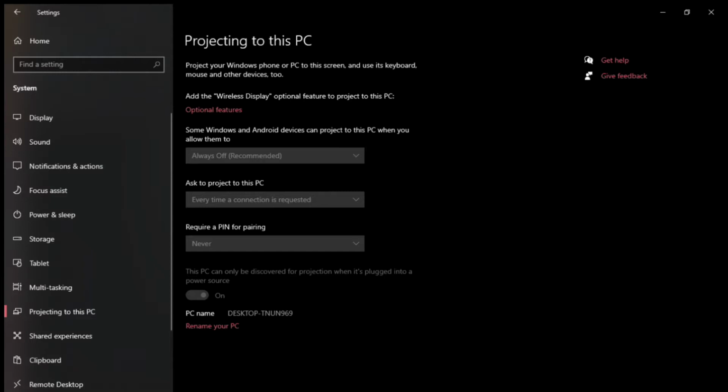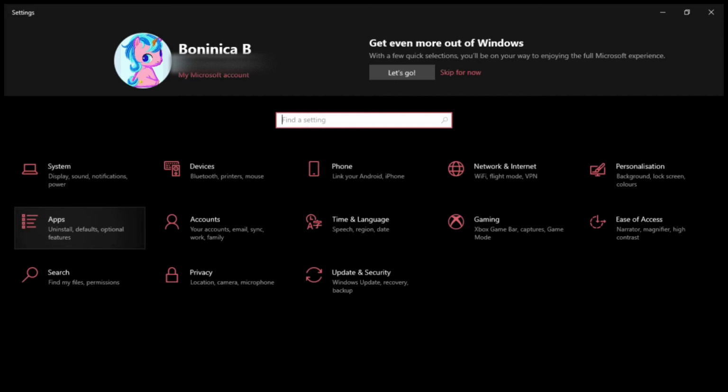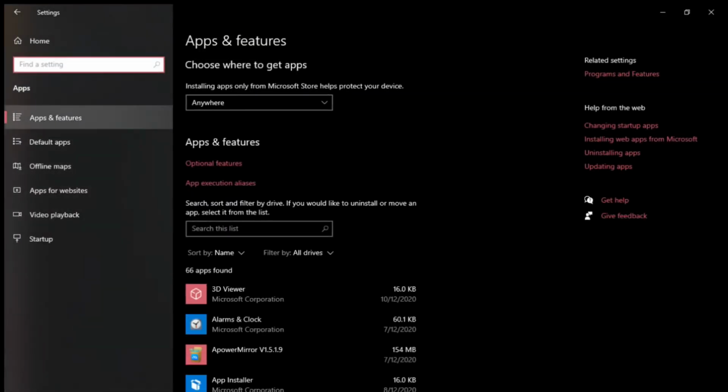So as you can see, under projecting to this PC, everything is grayed out. So what you have to do is go back and then choose apps, and then on the left corner you will see the apps and features. Click on it, and then you will see optional features,